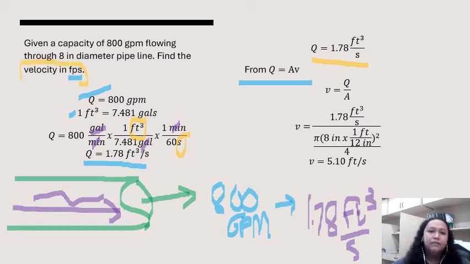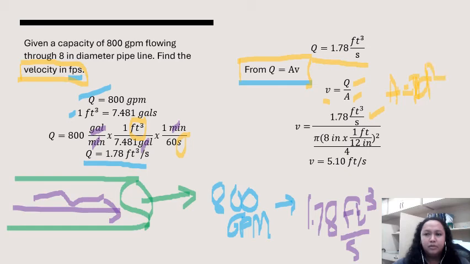So, we now look for what is being asked in the problem. What is the required velocity in feet per second? From the continuity equation, Q is equal to A, which is the area, times the velocity. So the velocity is equal to the volumetric flow rate over the area. So our velocity, class, is 1.78 cubic feet per second, the volumetric flow rate, divided by the area. What is the area of the pipeline? That is pi